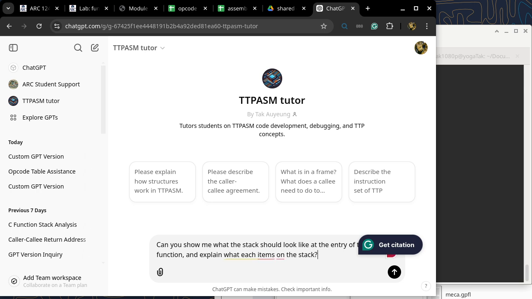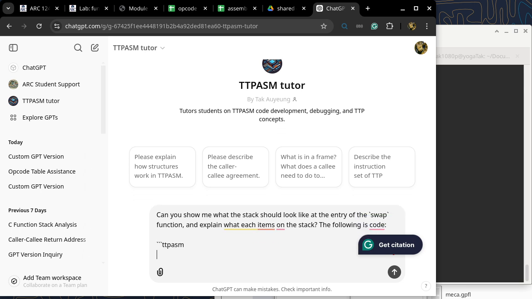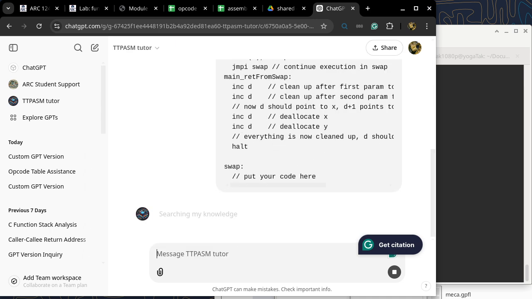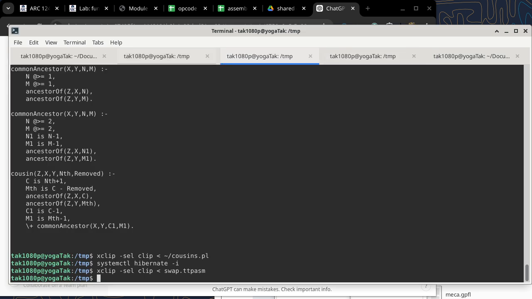Okay, the following is the code. Okay, and that's just how you can specify a block of code. It's triple backtick. Okay, so I'm just going to let ChatGPT cook on this one for a little bit